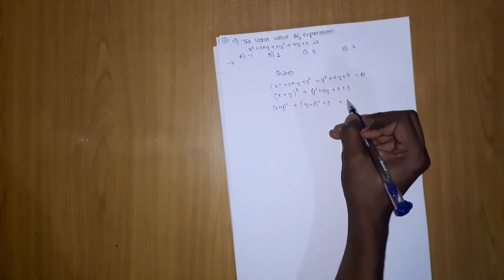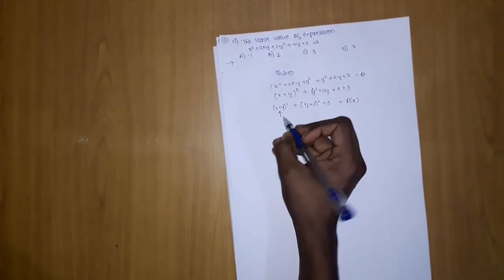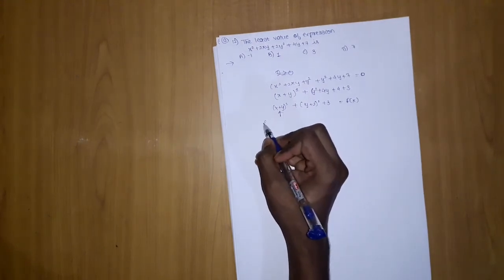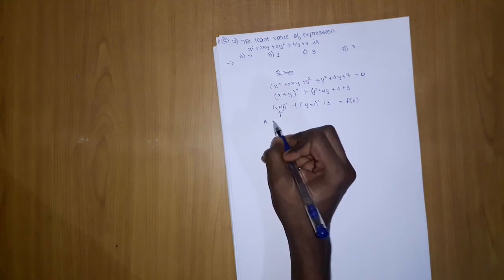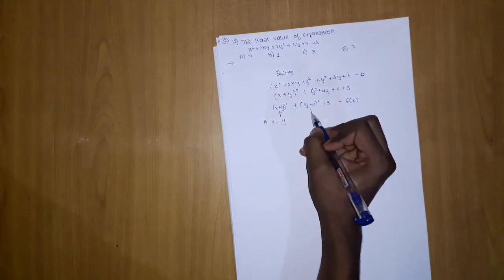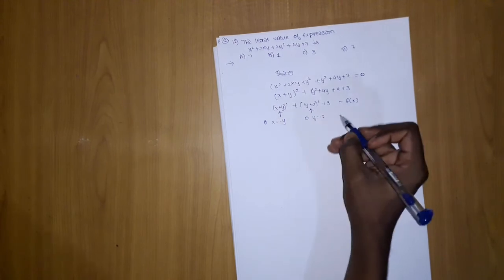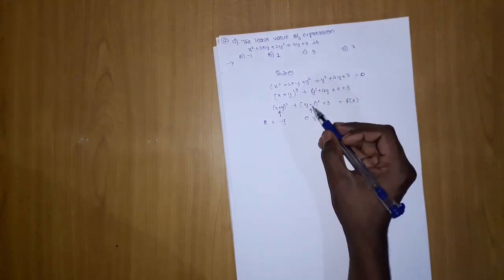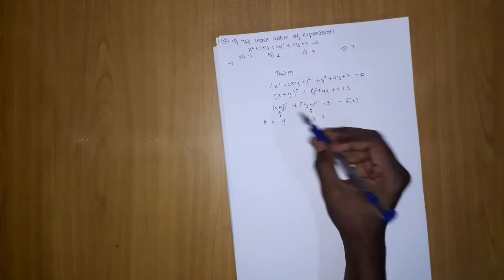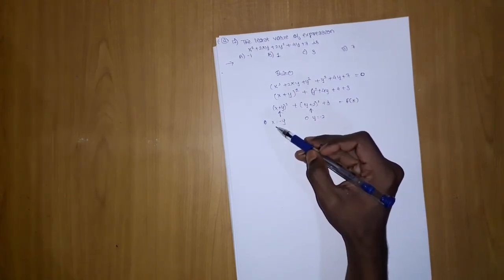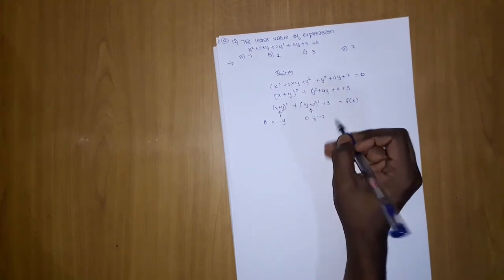Okay, this is our f of x. Now its minimum value can be 0, as a square's minimum value is 0. That happens when x is equal to minus y, and the other square's minimum value will be 0 when y is equal to minus 2. So both become 0 when x is equal to minus 1 and y is equal to minus 2.